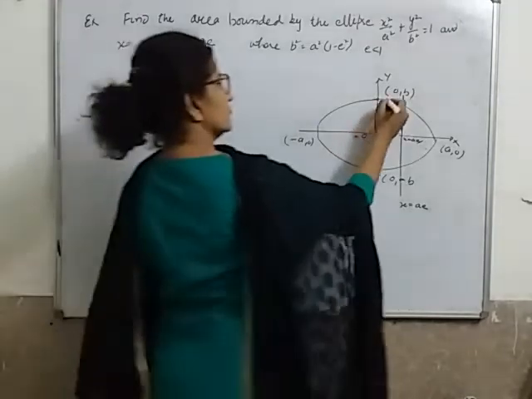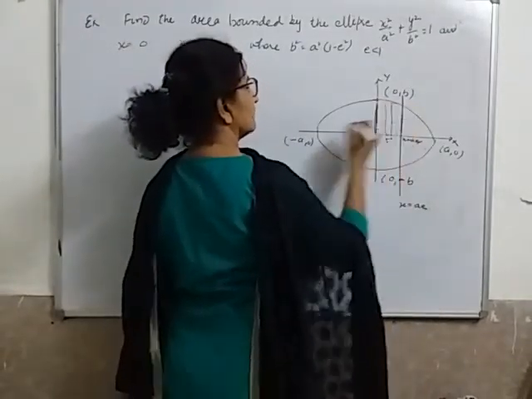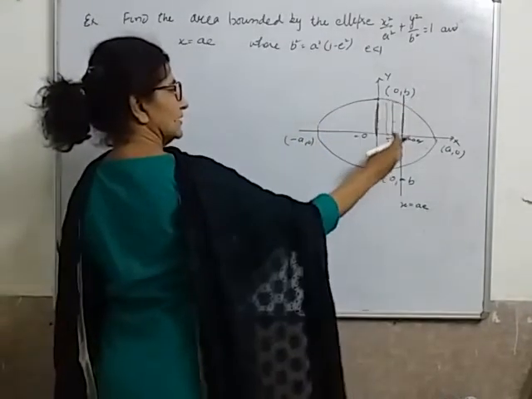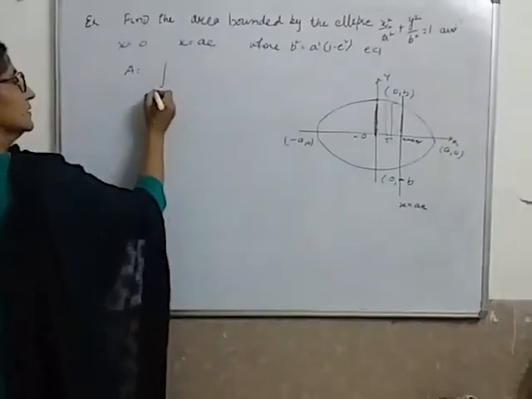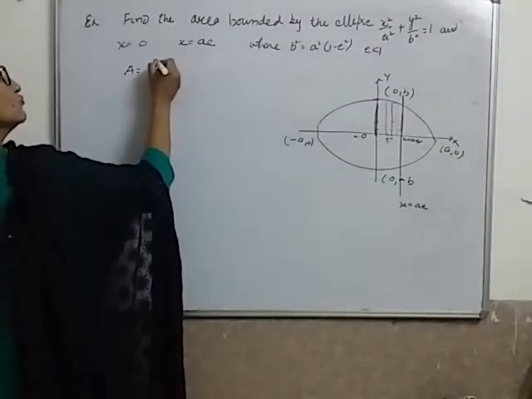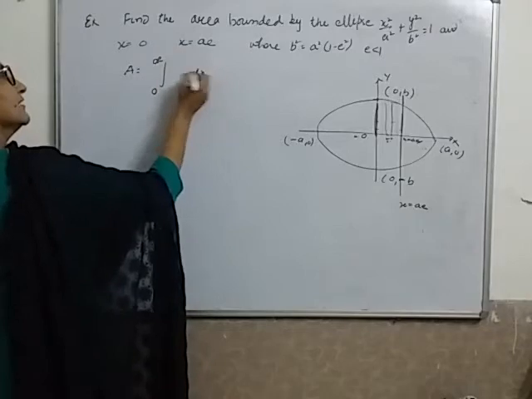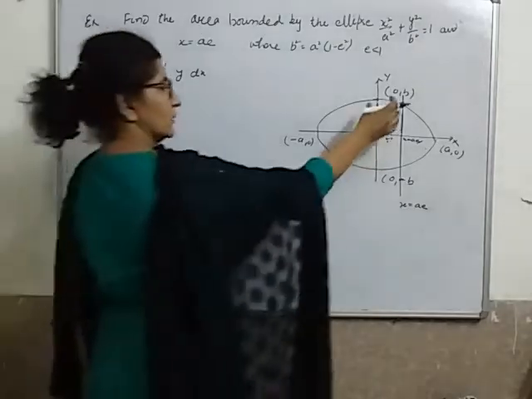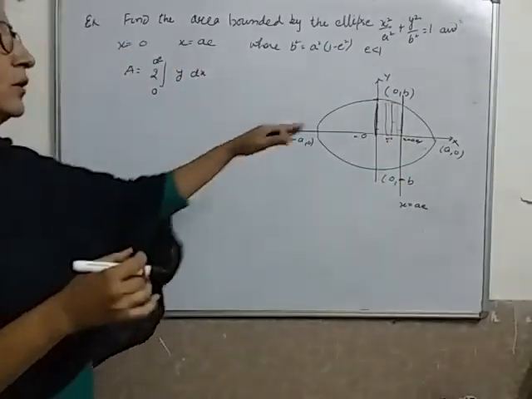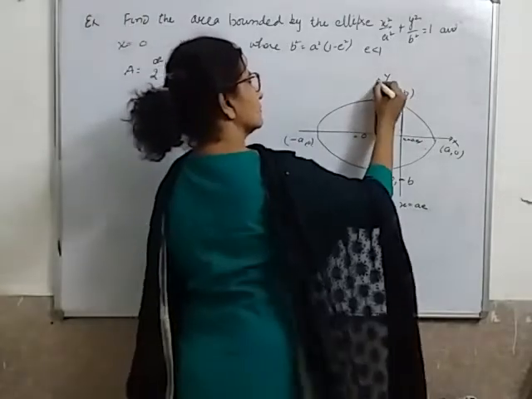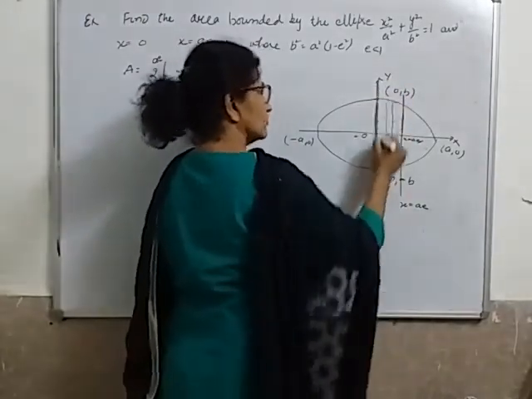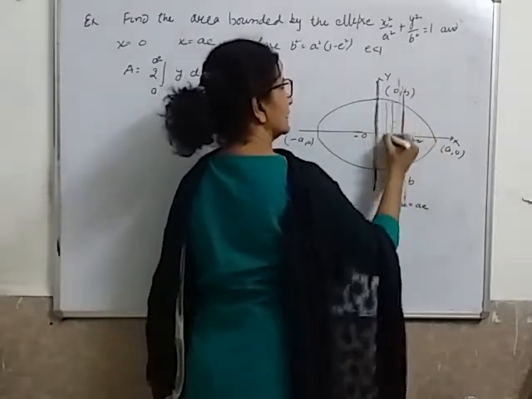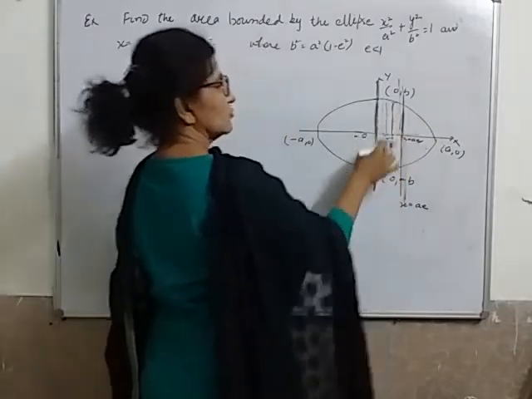Now if I take a strip over here, this will be dx, this will be y. So I have to calculate the area, and only this area I have to calculate. Then I'll double it. I will get both the areas. So it will be 0 to AE, y dx, and double it, because he has asked for the whole. He has not said bounded by the x-axis, he has simply said x equals to 0. So on the whole line x equals to 0 and this whole line x equals to AE, I am calculating only this much, but then I'll double it to get the whole area.